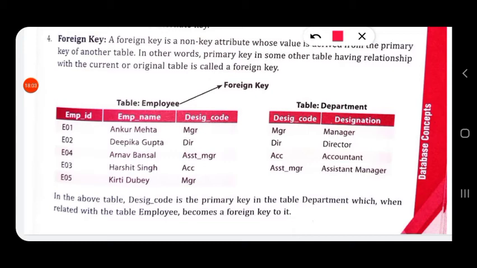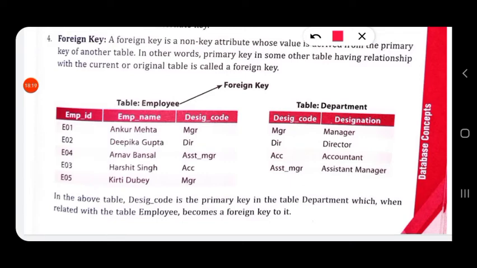The other columns, like designation code, have repeating values, and MGR is being repeated, so we consider EMP-ID as the primary key of the table employee.